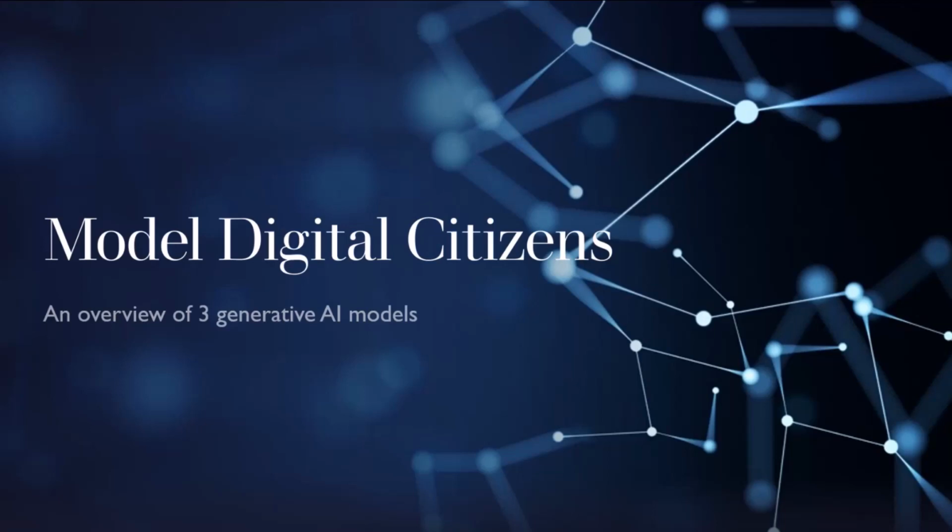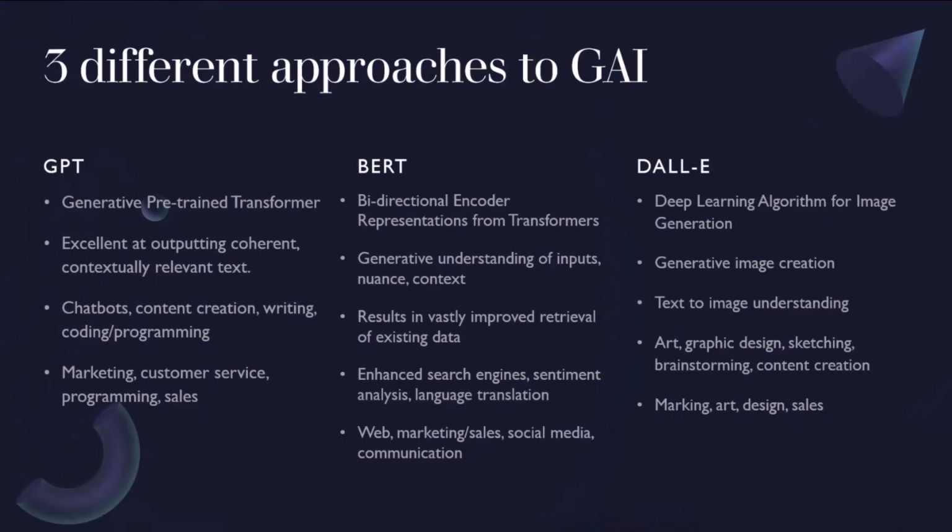So let's talk about three models, three approaches to AI. The first one is something called a GPT, and you're going to see the term transformer a lot. That's a little bit out of scope for this talk. If you're interested in learning how a transformer actually works and what it does in a GPT style of AI, please attend my talk. It's going to be happening in a few weeks at the online ColdFusion Summit. Rick can probably get you a link to that.